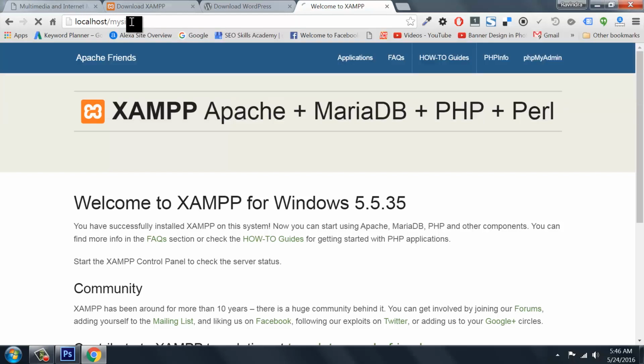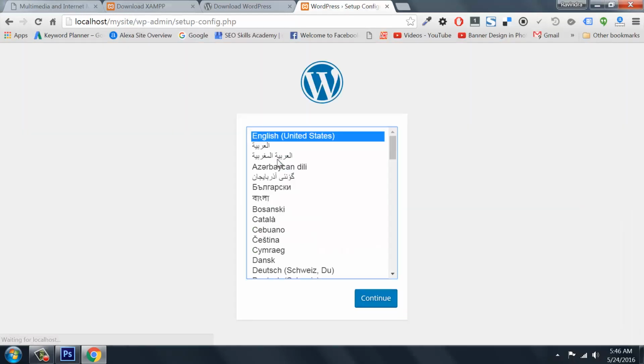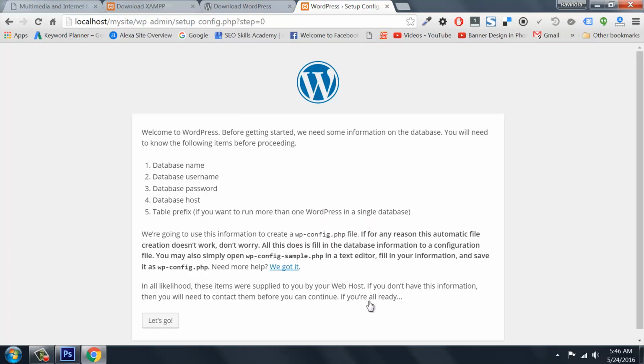If I say enter, directly it will take me to this configuration. Here say continue. It is asking for the database name. So you need to have a name for your database. Second, a username for your database. Third, a password for your database. And where you need to install this WordPress, because I'm installing this WordPress on my local computer, not on a remote computer. Remote computer in the sense that it may be on a real server, we can say.